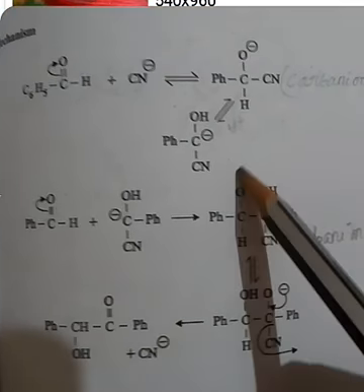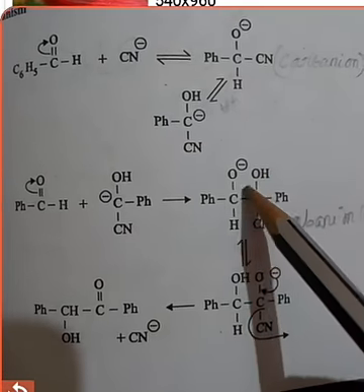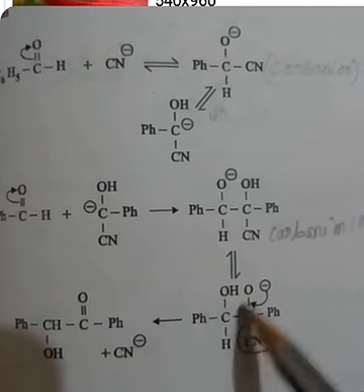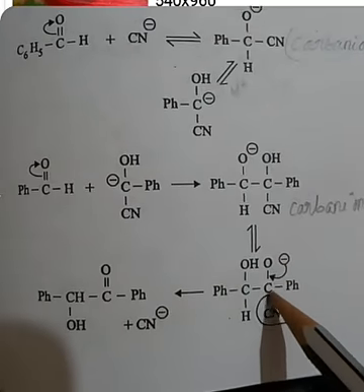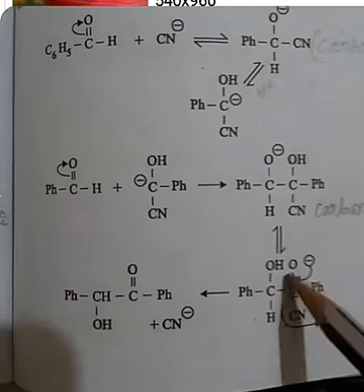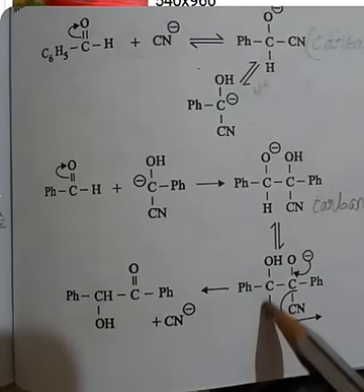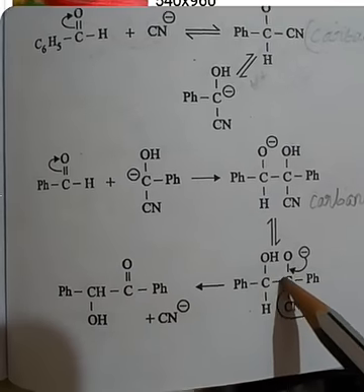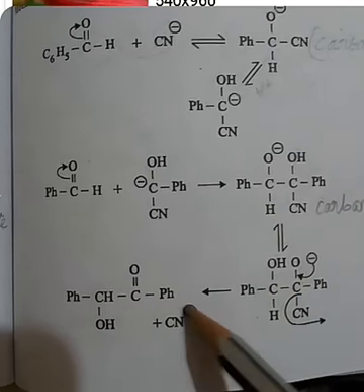Again here, H will be removed in this reaction and OH minus will be attached. So C6H5 CH OH, the H will be removed in this reaction and it becomes O minus, and CN will be there. Then in the next step the minus will directly attack, forming a double bond, and CN minus will be removed. So C6H5 CHOH, the CH is formed, with OH, and C double bond O, C6H5, plus CN minus. It is a simple step.